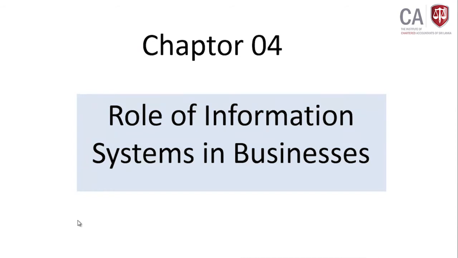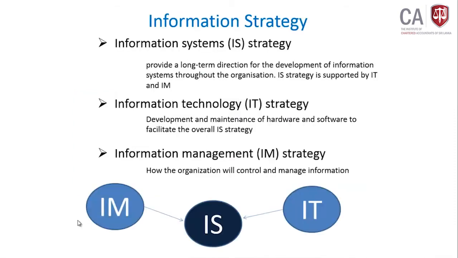Okay, now chapter 3 is completed. Now we are going to chapter 4. The role of information technology, role of information system and business. What are the role of information system and business? We talk about information strategy earlier,